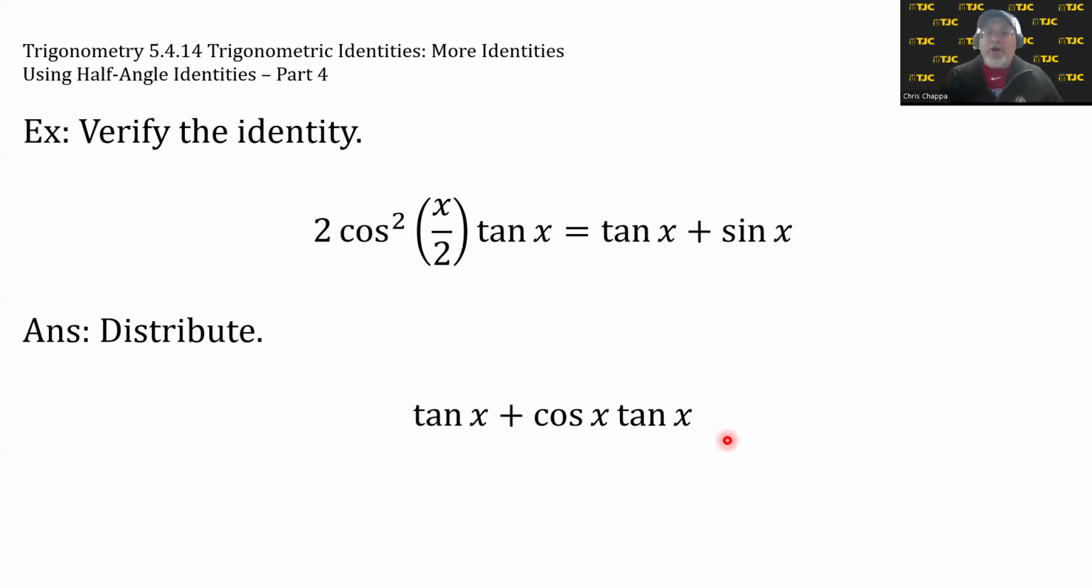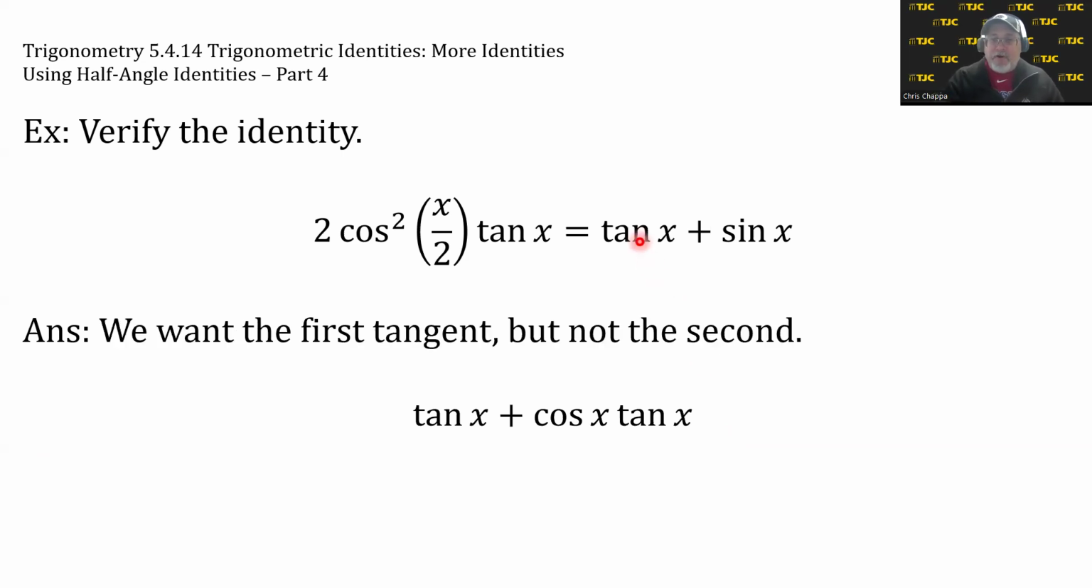Now let's analyze where we are versus where we want to go. We want tangent of x plus sine of x. We have tangent of x plus cosine x tangent of x. So we want the tangent of x that's up front, the first tangent of x, but we don't want the second tangent. So we need to get rid of this tangent,